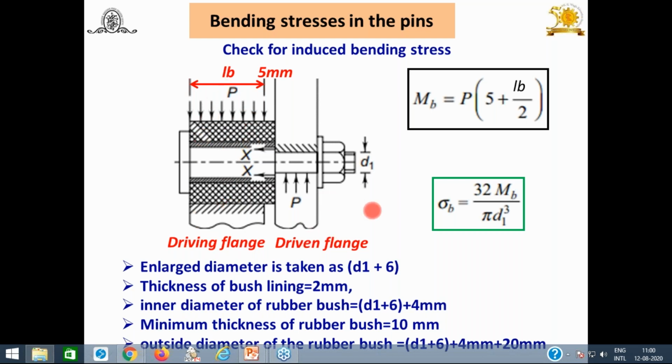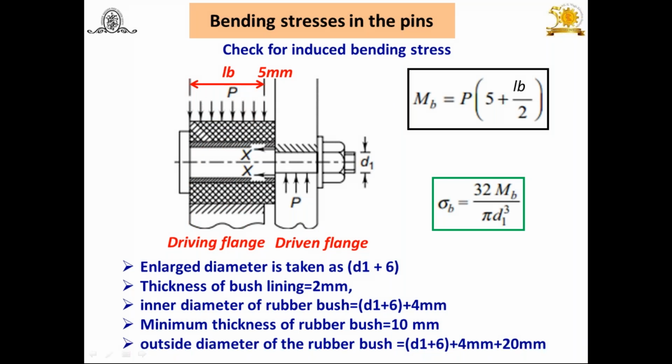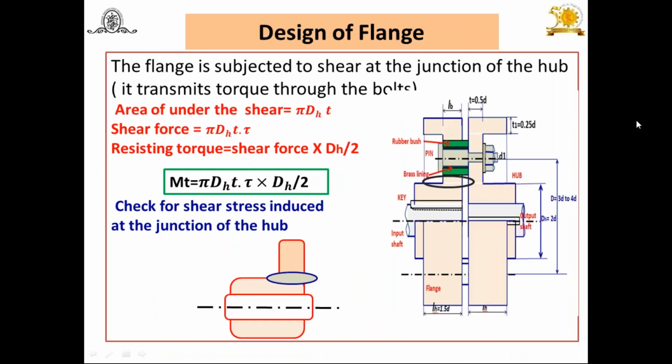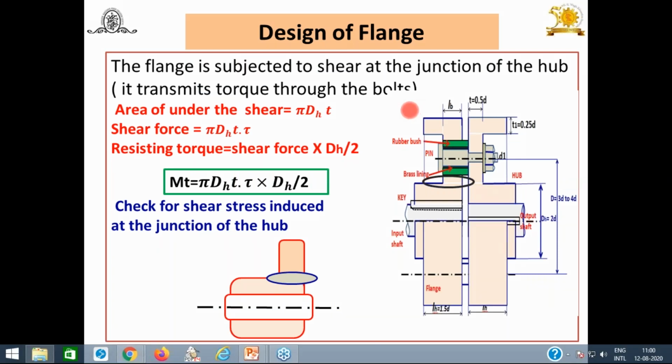Now the question arises, this is about the design. And I am going to say thank you. But before that, how to decide the outer diameter of the flange? Because in the rigid flange coupling, we have used D, D1, D2 as the outer diameter of the flange by using an empirical relation. So what you have to do, look at this.